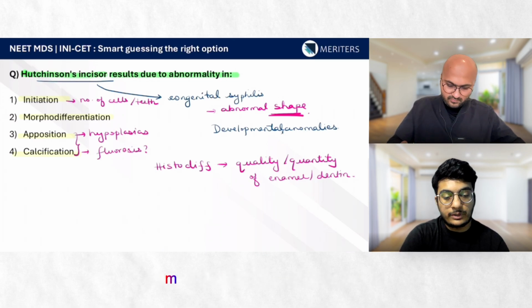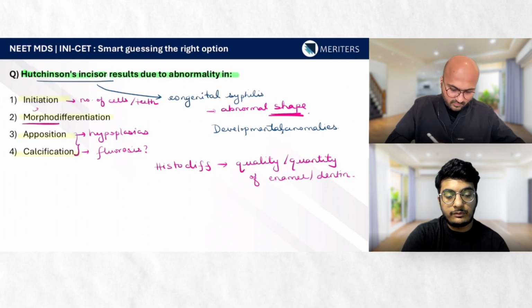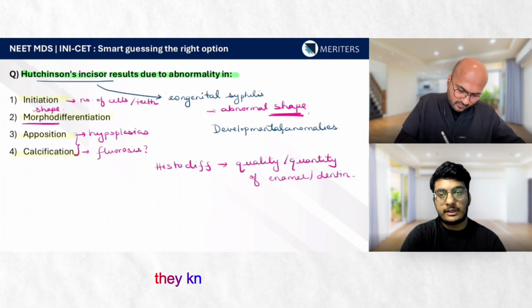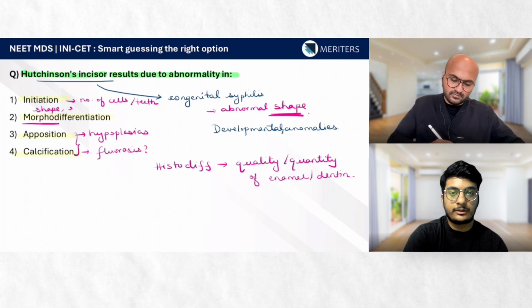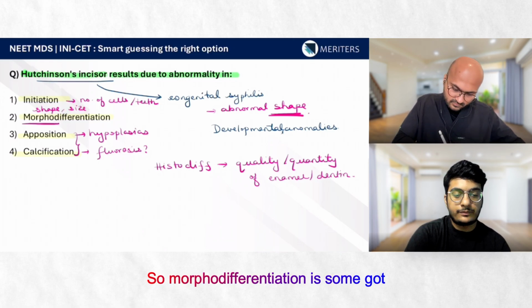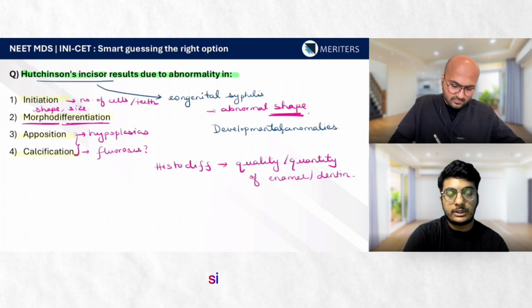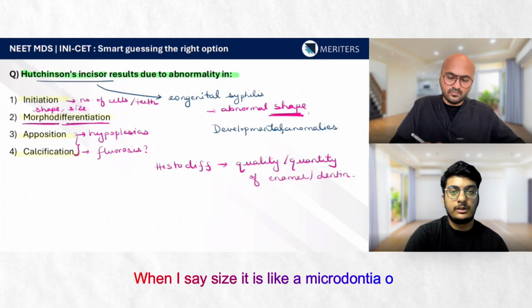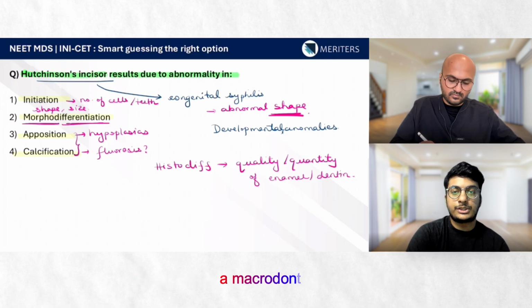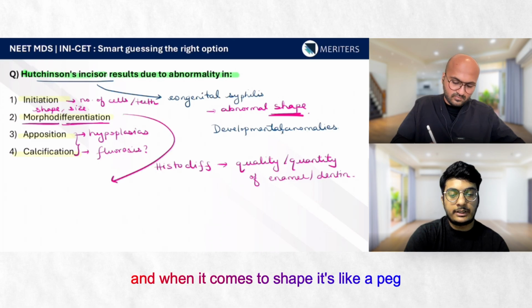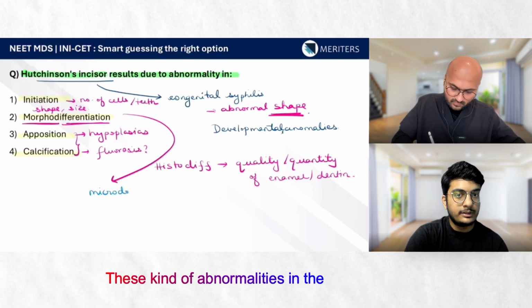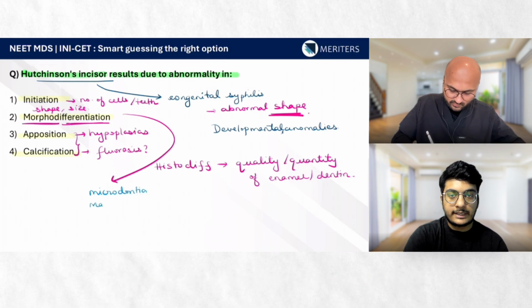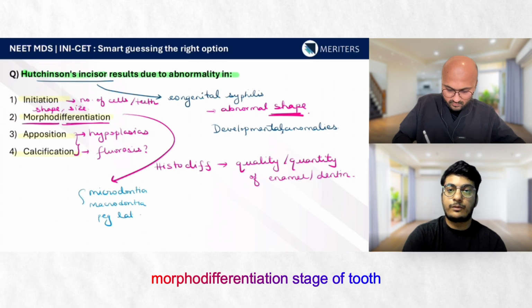However, if we see morphodifferentiation, we know, if someone has read basic English also, they know that morphology means the size and shape of any object. So morphodifferentiation has got something to do with a difference in the size or the shape. When I say size, it is like microdontia or macrodontia. And when it comes to shape, it's like a peg lateral, or in this case a Hutchinson's incisor. These kinds of abnormalities in size and shape are seen due to abnormality in the morphodifferentiation stage